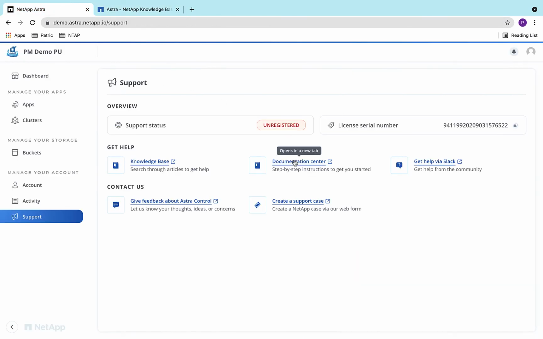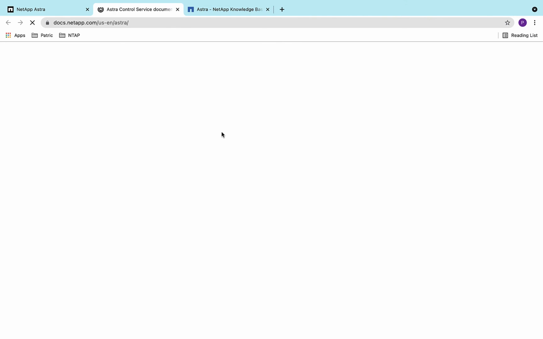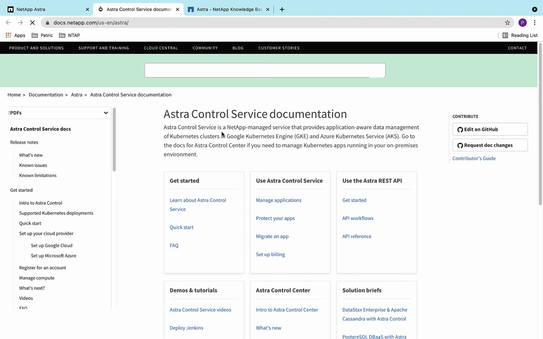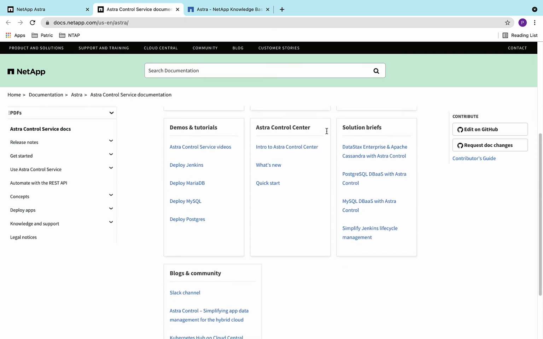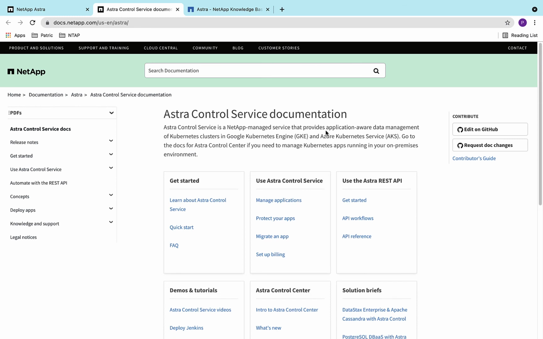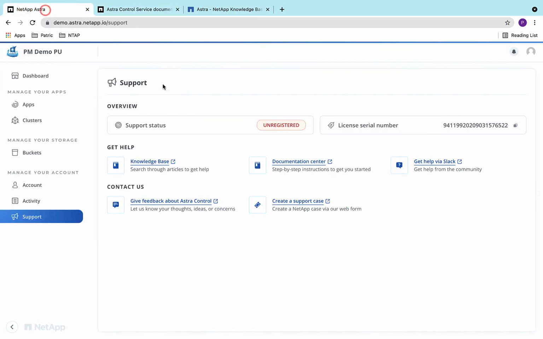The official Astra Control Service documentation can also be reached from the support page. You can get help from the community via the Slack channel, send us an email with feedback, and open support cases from here.